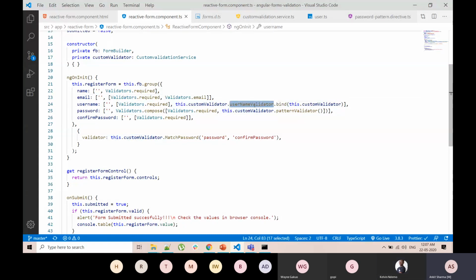This method is defined by me, so I have to call this explicitly. That is why I have to use this particular approach. This is not something which is defined by Angular. But here, required and email are defined by Angular, so I can directly put them inside an array. Okay, that clears it out.